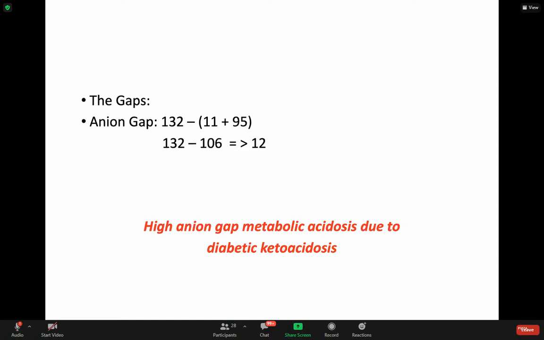Is that clear guys? Is this example clear? تمام؟ واضح يا شباب؟